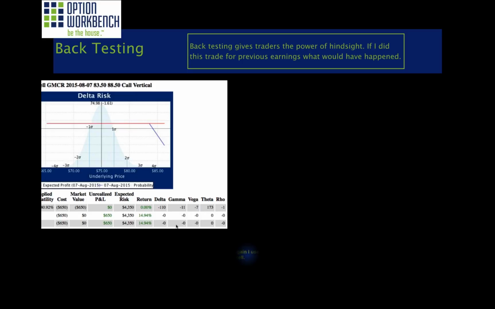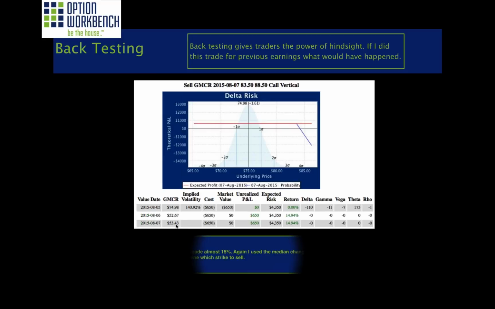And if you remember, that median up move was a little over six standard deviations. I used 6.1. But if you look at that price chart, the short strike is a little bit under 4 standard deviations away, and that's because there are 2 days from the earnings date to the expiration date.